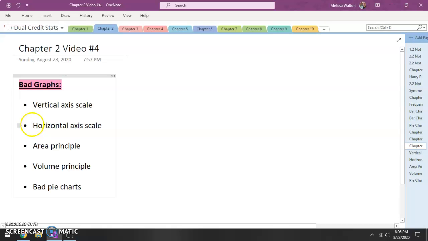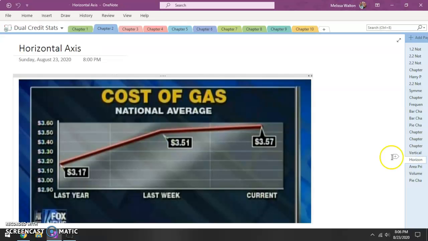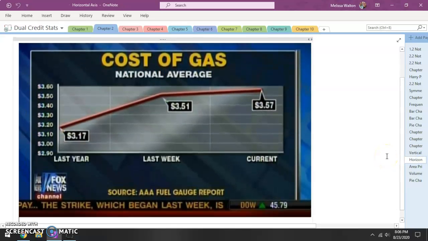Now the same thing can be said for the horizontal axis, especially over time. So the horizontal axis, let's take a look here. All right, so this is kind of a double offender. Now, looking at this graph, it looks really bad that our gas prices have skyrocketed. If you look at the height right here and the height up here, it looks like gas prices have doubled